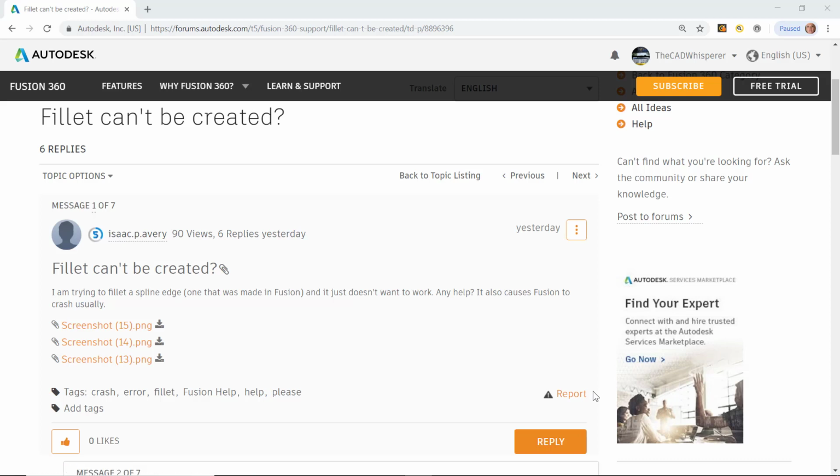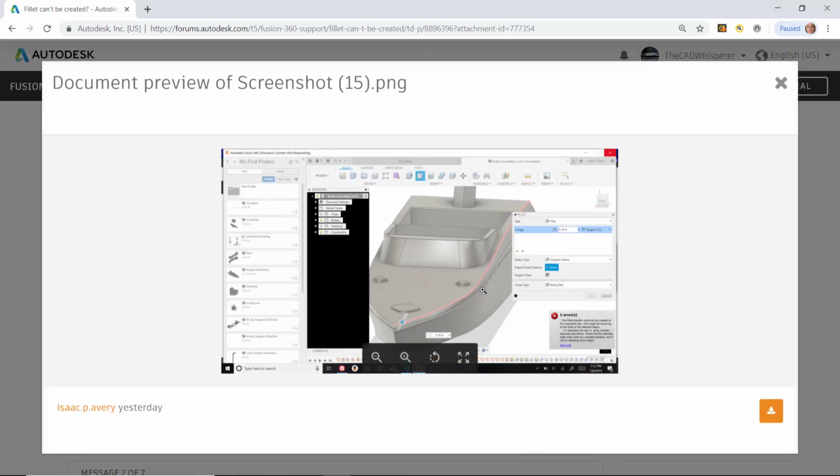Okay, let's diagnose an issue, and let's start right from the beginning. So the title of the issue is that a fillet can't be created. Also, there's an indication that Fusion is crashing. So I'll take a look at one of the images, and the first thing that I noticed, and actually it would